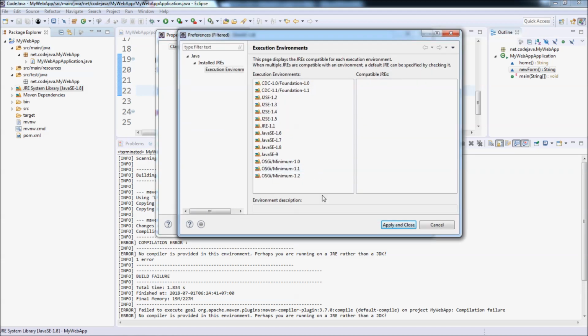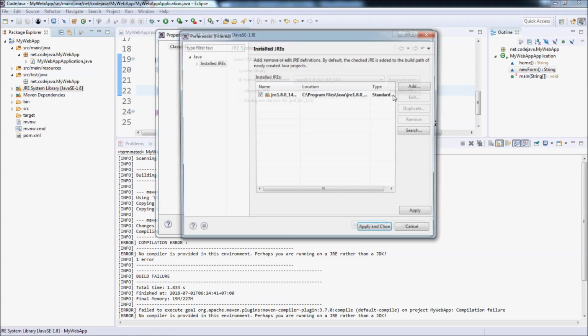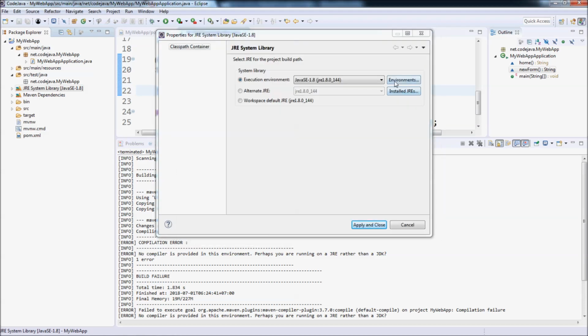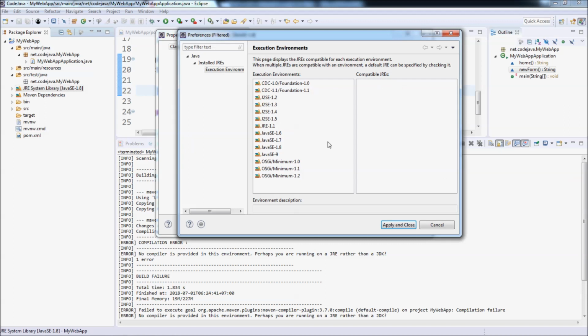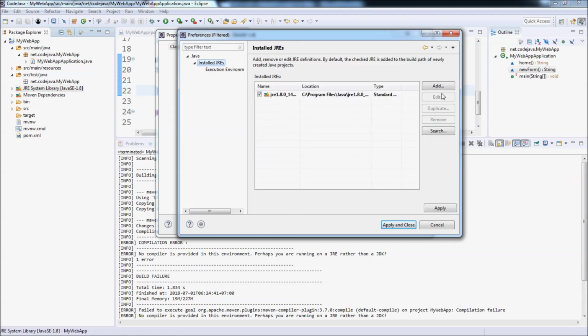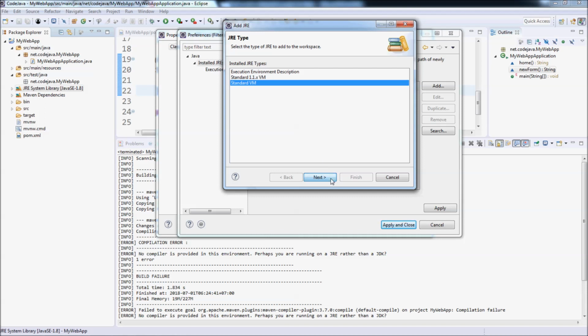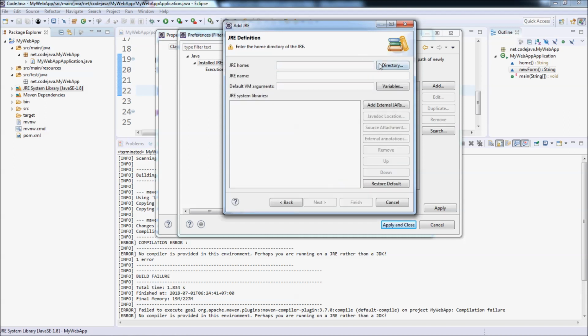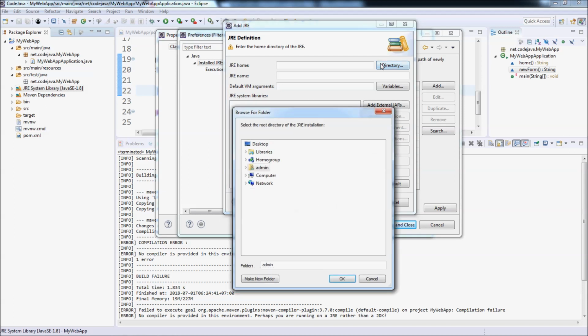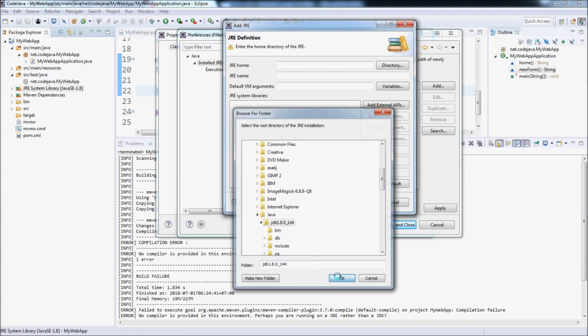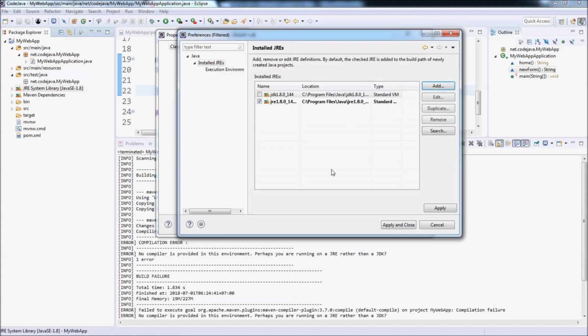Environment is JRE. Next. Java JDK 1.8. Okay, finish,